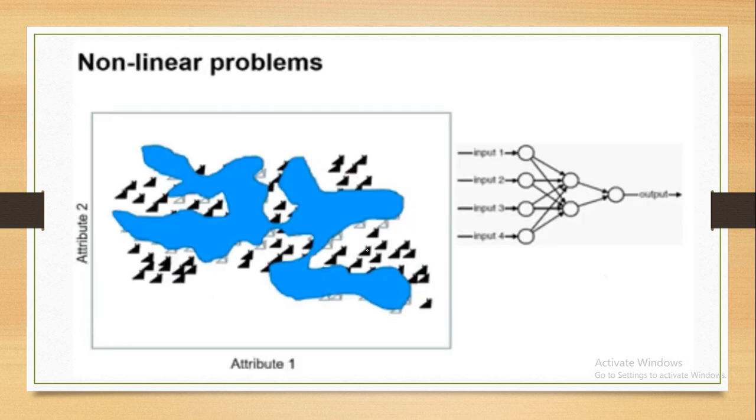Let me just apply our neural networks. So guys, this will be the outcome. In this way we are going to get the outcome. Now this is not a similar diagram. Here we had only two feature values, attribute 1 and attribute 2, so accept that we have 2 inputs instead of 4. And we just introduce some hidden layers here. Once again, we introduce one more hidden layer, and here this is nothing but a neuron which predicts the outcome. Because of this, we can very easily classify this data set.